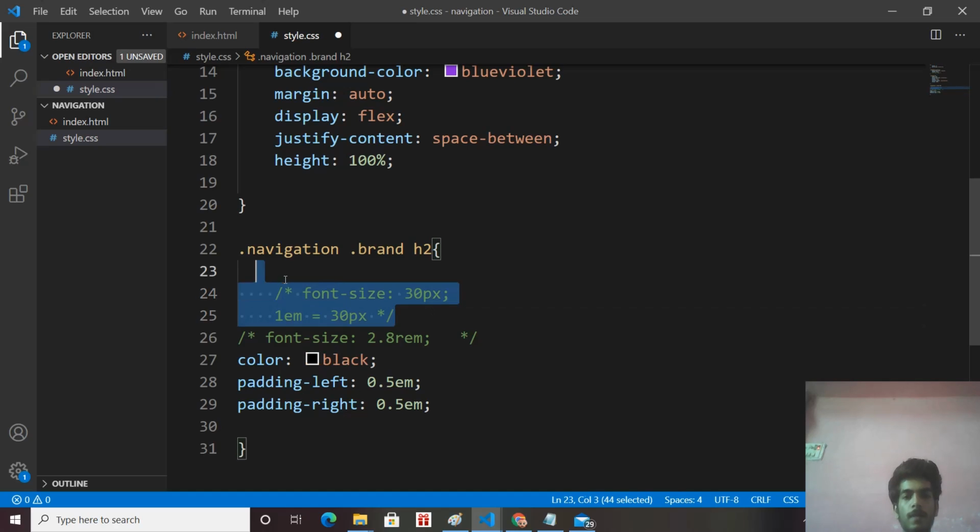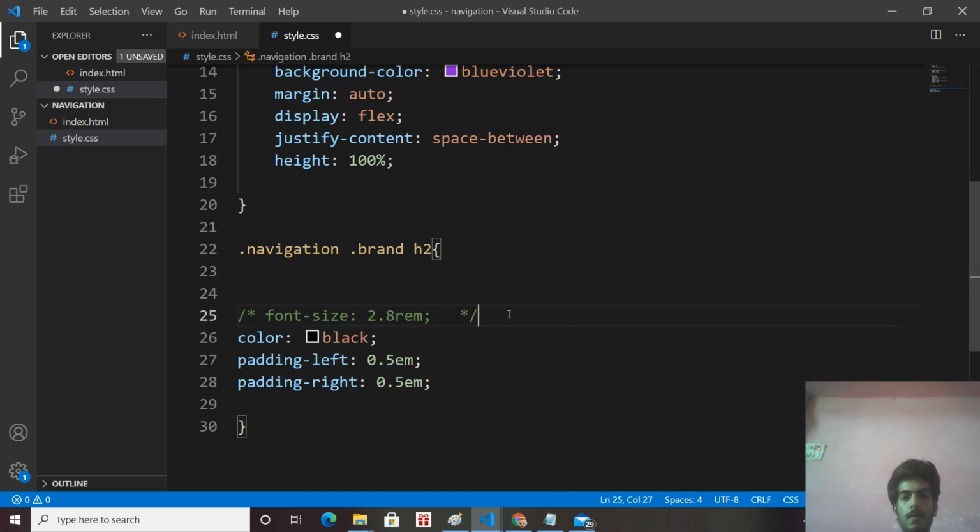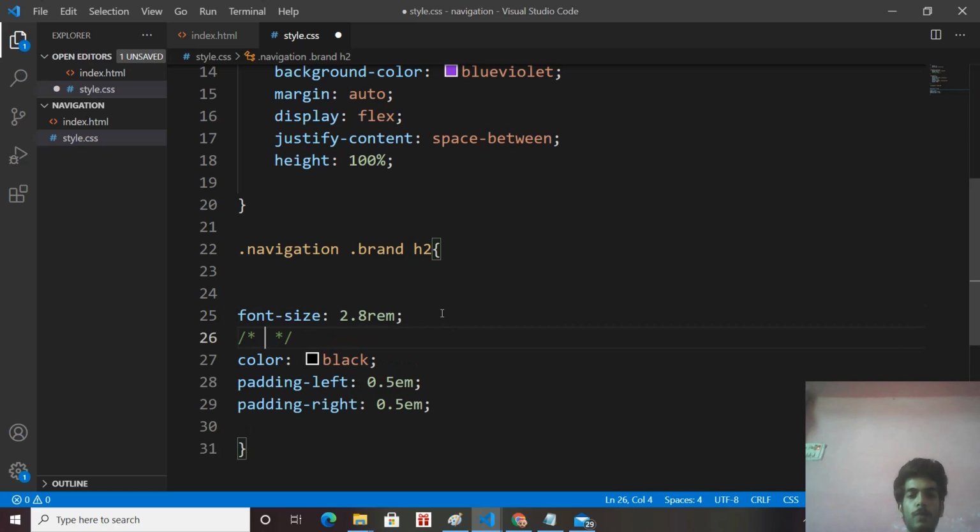Right now our font size is 2.8 rem. How much is 2.8 rem? To calculate it, see, 1 rem is equal to 16 pixels. So 2.8 times 16, whatever value our font size is.